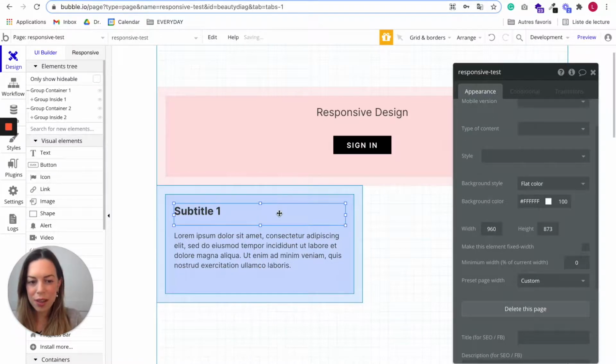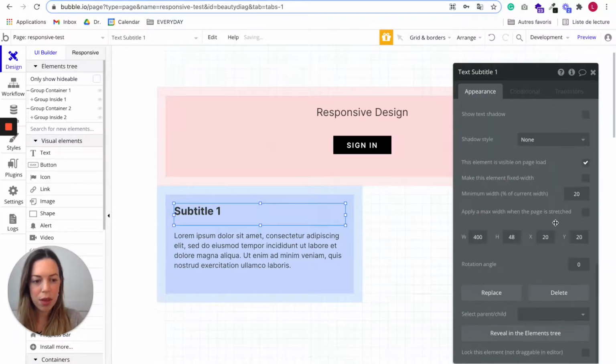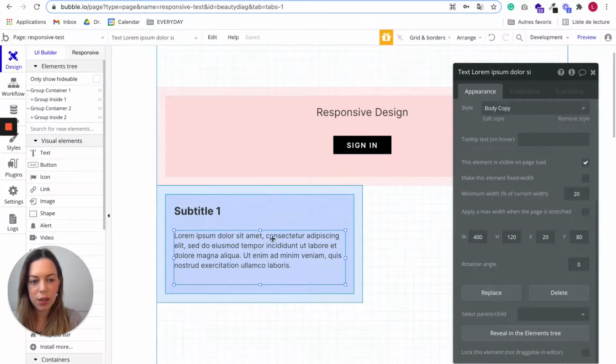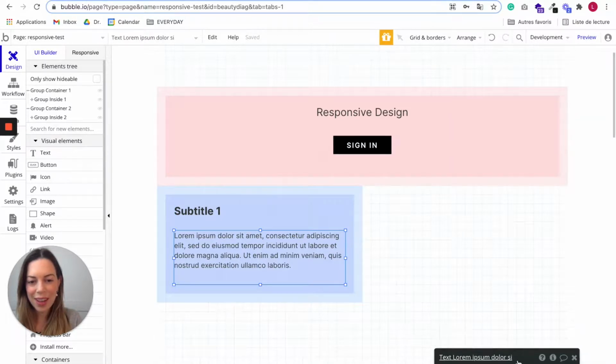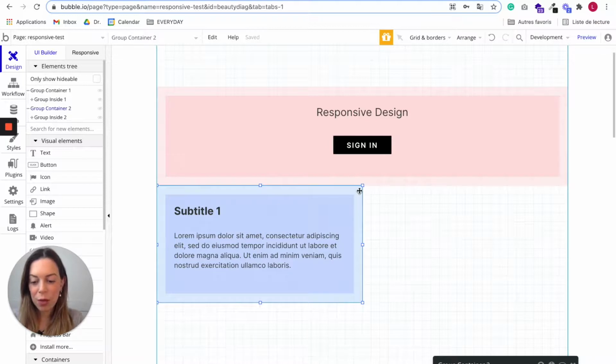Great. And as for our text element, we want them to be 20 and 20. Perfect. And we want to copy, so you can click on your main group container tool, like the outside group,